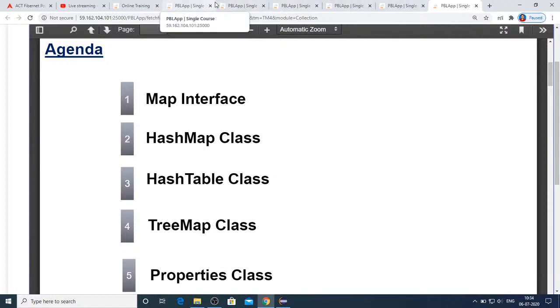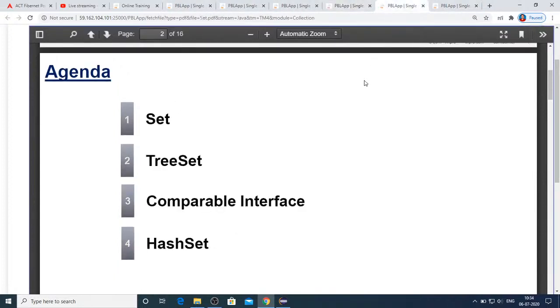So first of all, what is a set? A set is an interface which is quite opposite to the list interface, where list maintains the insertion order and duplicates are also allowed, and list also has one legacy class, that is Vector.